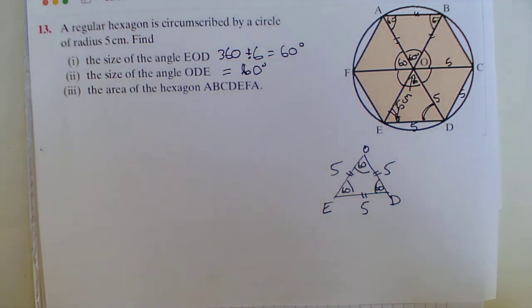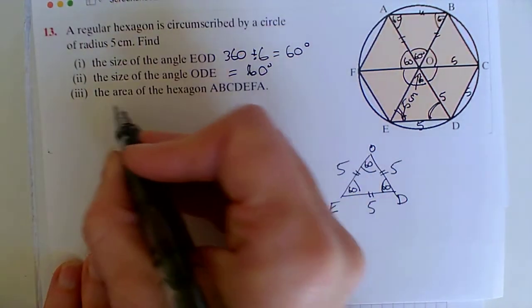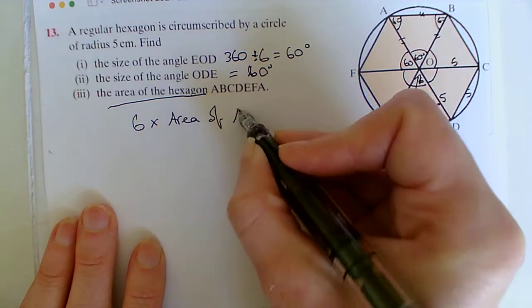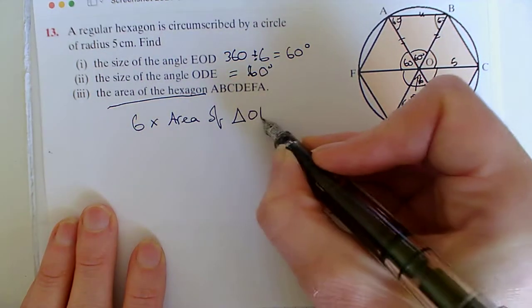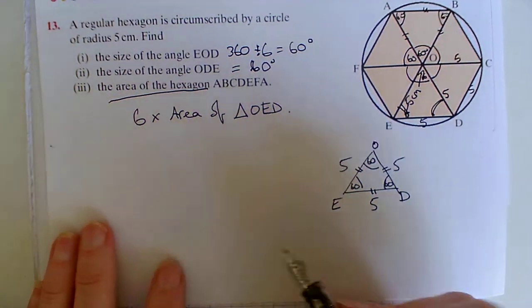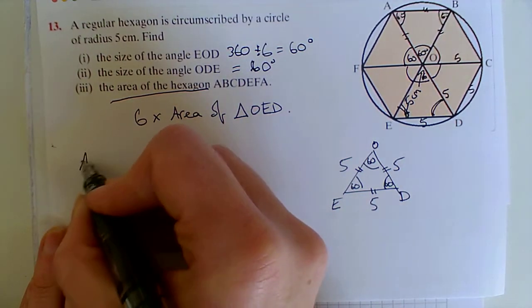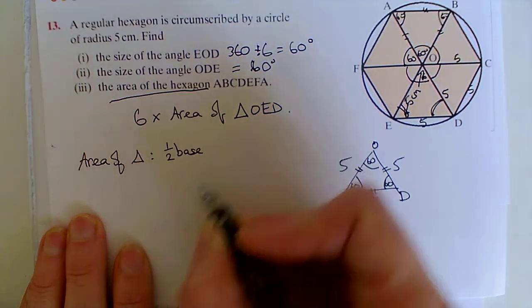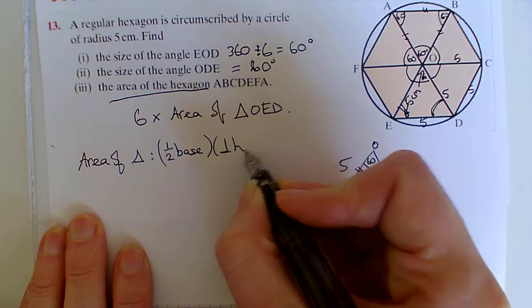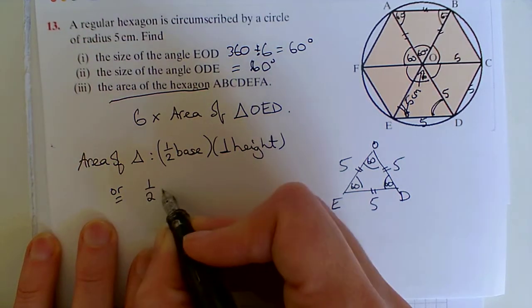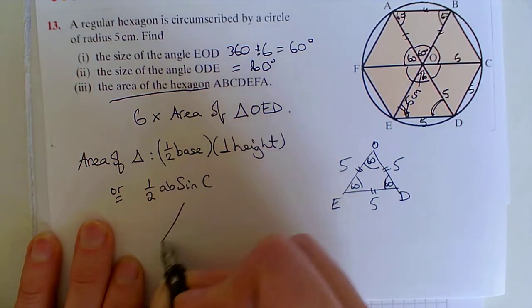And finally, find the area of the hexagon ABCDEF. So the area of the hexagon is 6 times the area of the triangle. Let's use this one here, OED. Now there's 2 ways of finding the area of the triangle. There's a formula in your log tables for the area of a triangle, which is 1/2 the base by the perpendicular height. But there's a second one as well, and it's 1/2 ab sine C. And there's a diagram that goes with that,